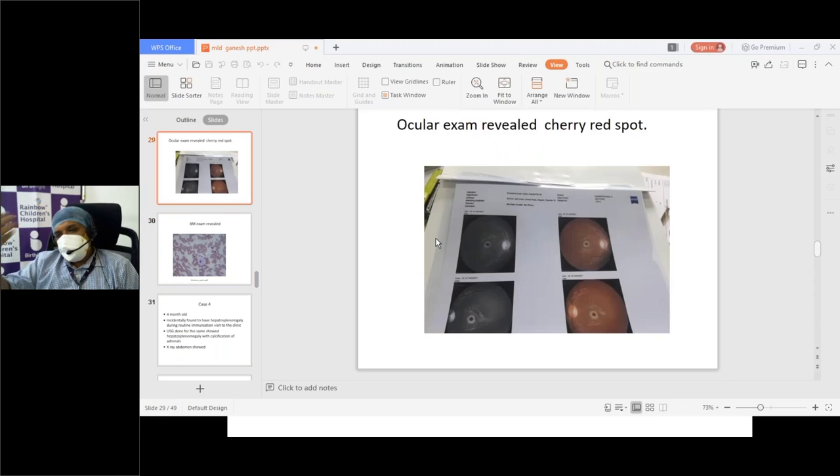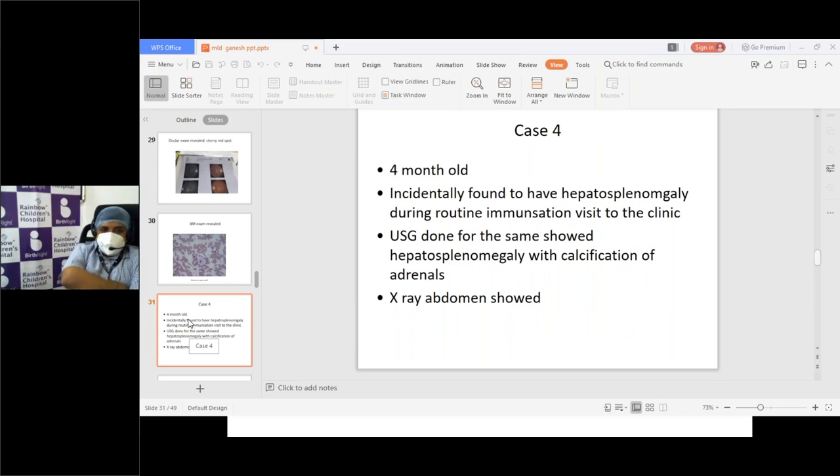So this tells us that the presentation is only an organomegaly, right? Organomegaly in the big background of a developmental delay with cherry red spot, again storage disorders may come top into the differential diagnosis. Again, this is a 4-month-old baby who was incidentally found to have a